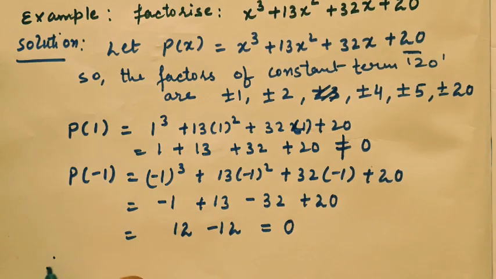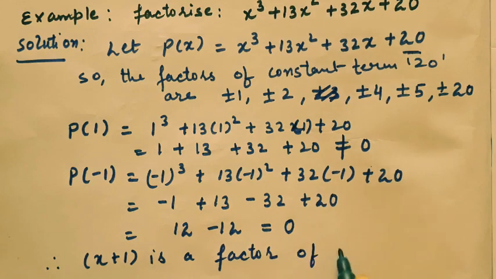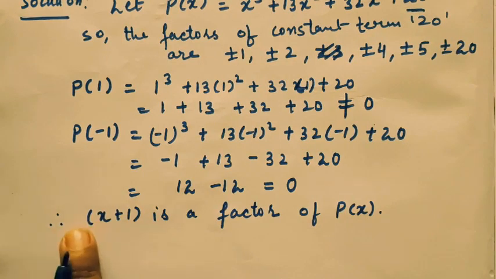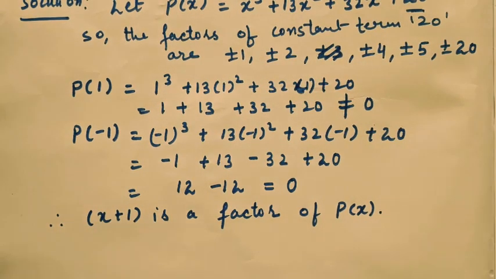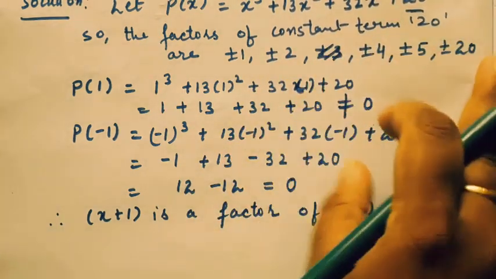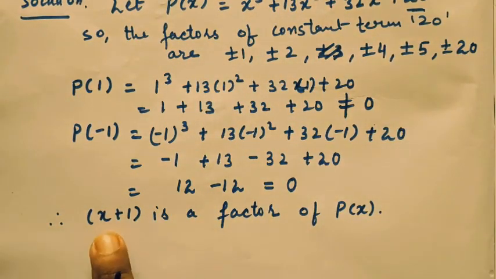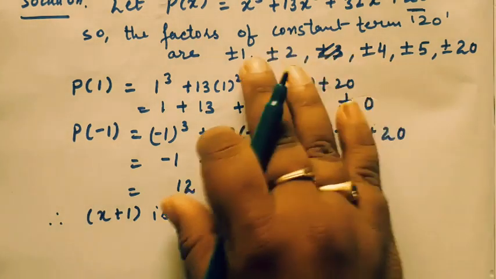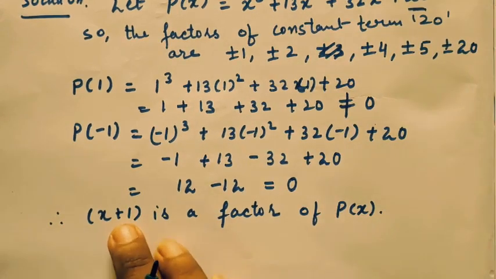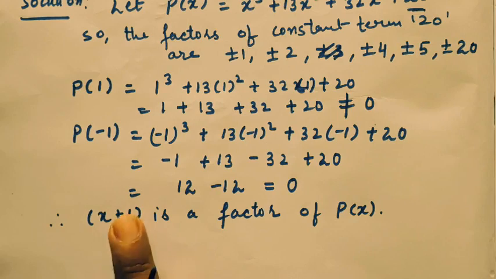So I can say that by the factor theorem, x plus 1 is a factor of p(x). Now I got one factor of p(x). In the factor theorem we used to find all the factors by hit and trial method, by substituting the values one by one. But now in this alternative method, there is no need to substitute all the values in the polynomial to find the factors. What you need to do is find only one factor, and afterwards you have